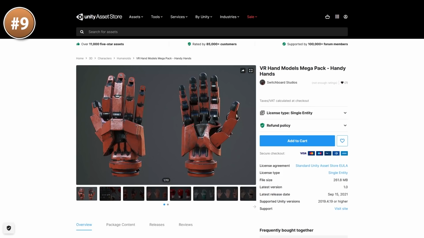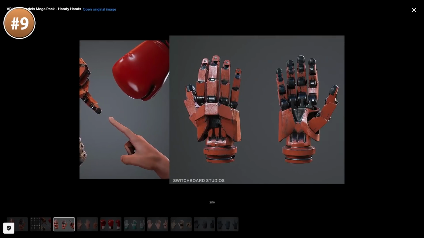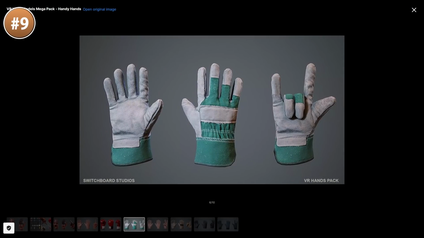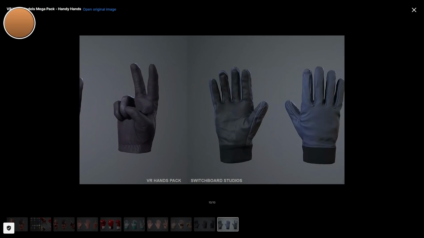Then here's an interesting one, a bunch of hand models, lots of unique ones. You've got some standard hands in all of these skin colors, or maybe you want some robot hands, some medical gloves, or even punching gloves. So if you're working on a VR game and you want something more than the default transparent hands, then this